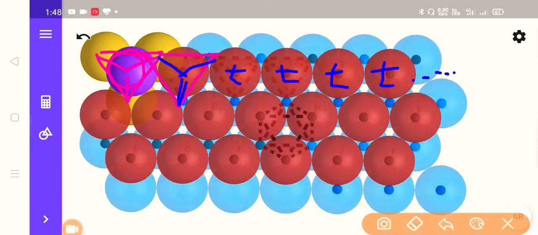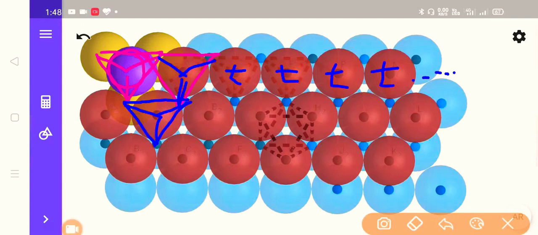Now a similar type of situation will be repeated again. As for example, first of all, these three spheres from the bottom layer. The bottom layer spheres are connected with straight lines, and then we have this upper layer's red sphere on top of it. So again you will get a tetrahedral void.